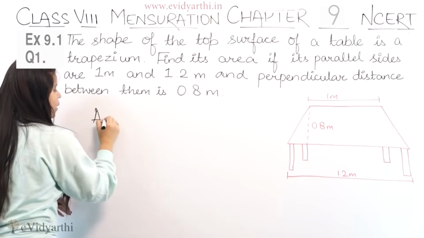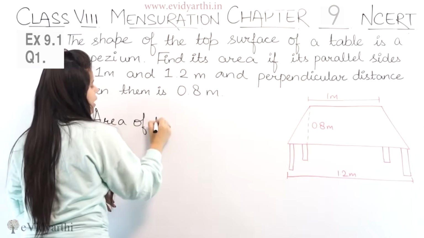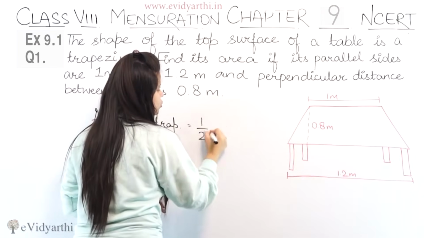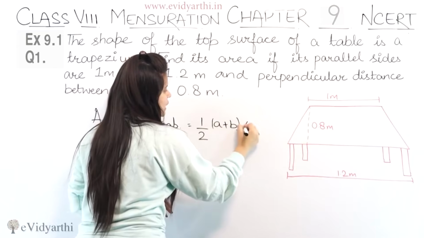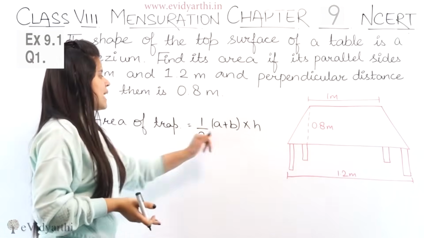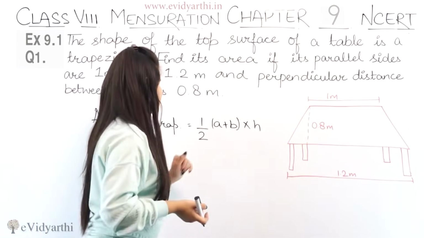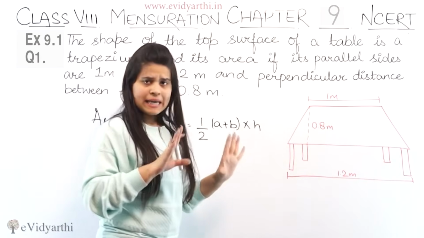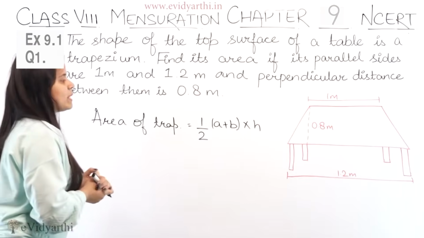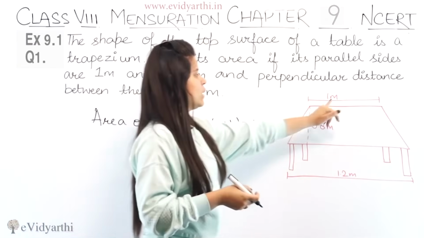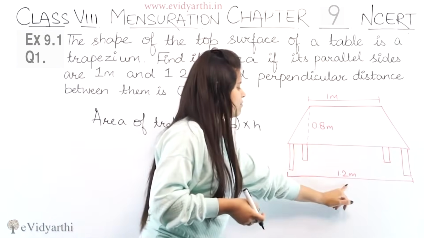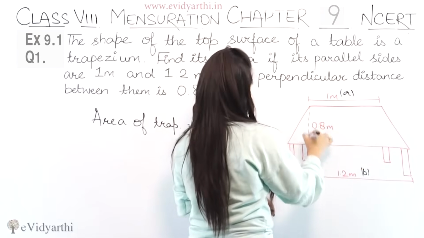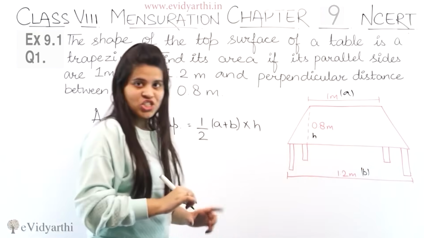सबसे पहले let's write down what is the area of trapezium. So area of trapezium का formula क्या होता है? 1/2 A plus B into H. You can also write it as A plus B upon 2 into H. So it is one of the same things. अब यहाँ पे देखते हैं जो हमारे पास है वो A हमारे पास है 1 meter, B हमारे पास है 1.2. Basically this is A, this one is B and this is the height. So this is H. Right?